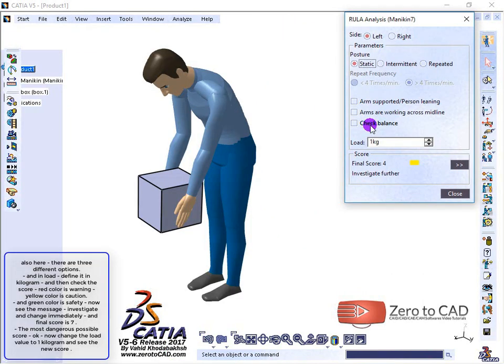And the next analysis type is NIOSH, for lifting and lowering. Find and run the command in the ribbon. And then in the dialog box, initial posture is sitting and final posture is standing. In task parameters, change the frequency to more than 15 lifts per minute, and grasp quality: poor, fair and good. Select the poor grasp quality,